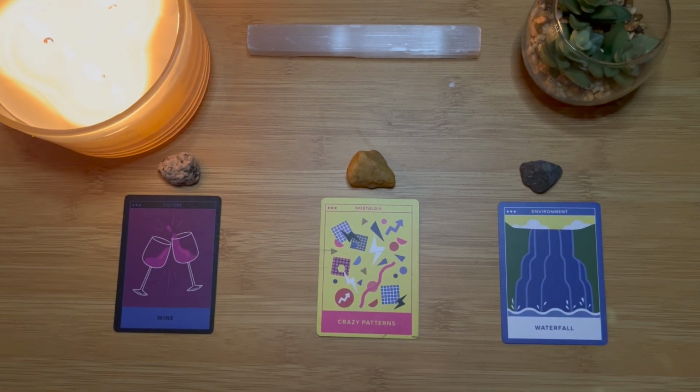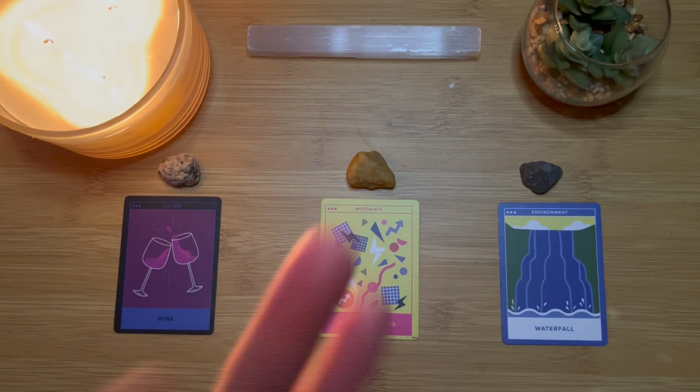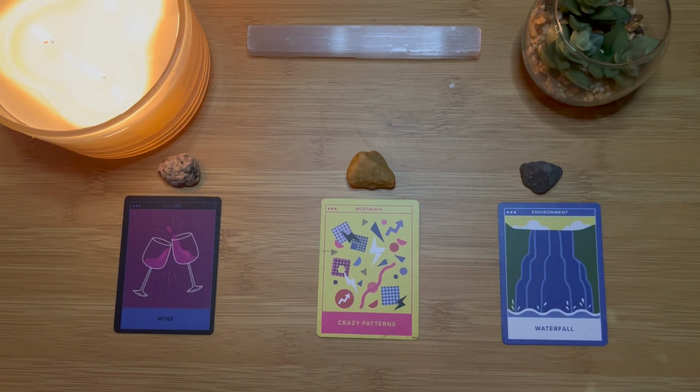So today we're going to see what your pet has to say. This is a living pet, and the message that they have for you, okay? So it's just going to be a cute little reading. I think this is a really fun idea. I've seen a few videos like this around YouTube, and they're just really cute, and I just think they're really